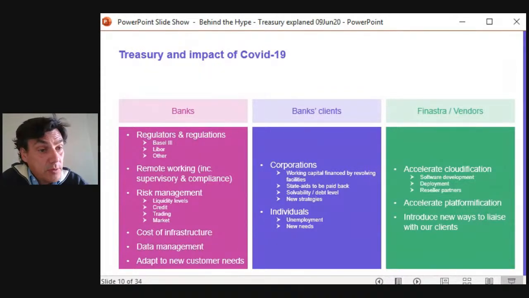In terms of risk management, obviously COVID-19 is important. So banks will have to look at liquidity, credit, trading, and so on. So those are plenty of things. The infrastructure, there's going to be a change. There is a thinking that everybody can work with cloud. It's not always the case. Data management, there will be more change in the way Treasury are analyzing the data, their clients, what they are doing. So a change of methodology of working.